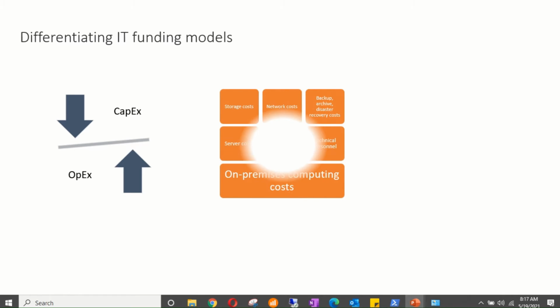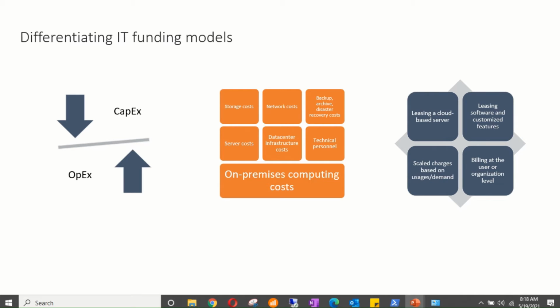Now let's look at when you're managing your computer resources on premise. You're responsible for storage cost, network cost, backup, archive, disaster recovery cost, server cost, data center infrastructure cost, technical personnel, and others. And you say these are huge costs and very expensive, but if you move to cloud computing, you